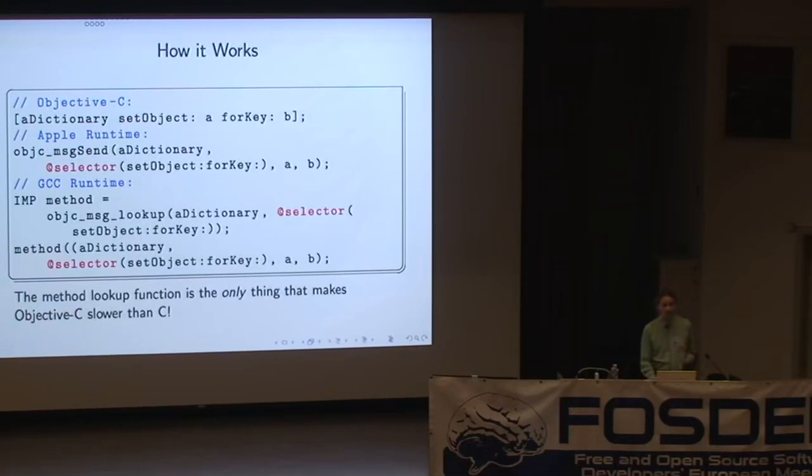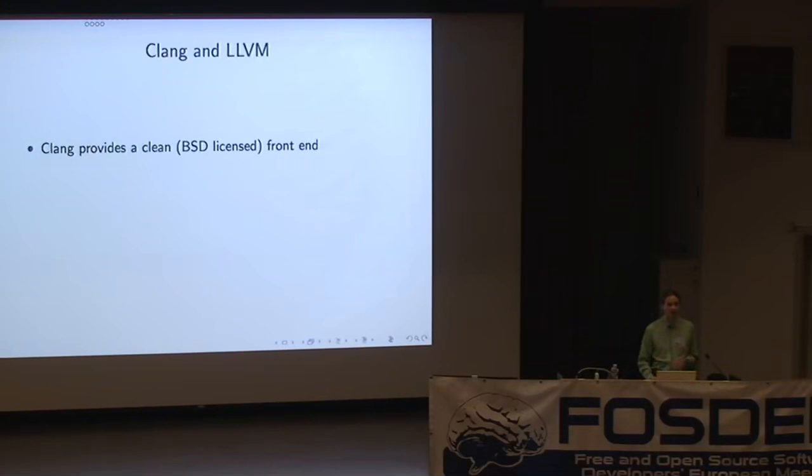I'm now going to talk a bit about the status of modern Objective-C compilers. A few years ago, GCC switched to GPL v3, and Apple has religious objections to this. So they started putting a lot of effort into Clang, which is a new BSD licensed front end for C and Objective-C and C++. And if you were at Chris Lattner's talk yesterday, he talked quite a bit more about this than I'm going to.